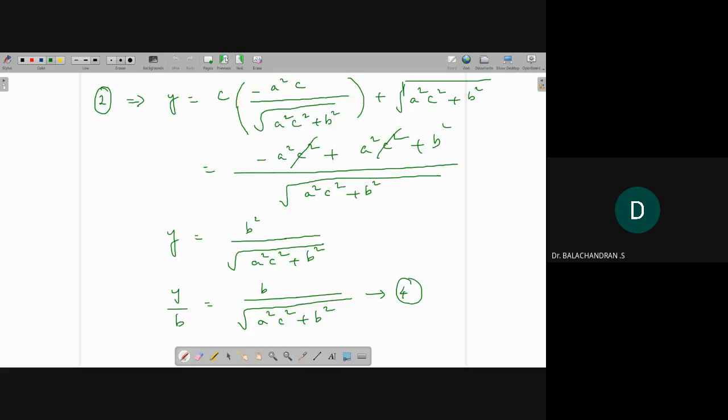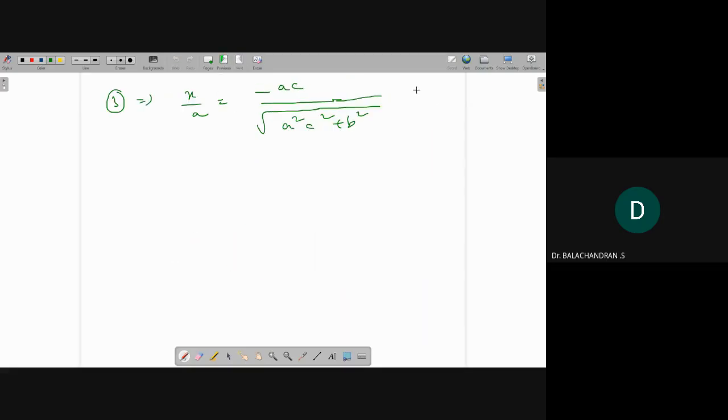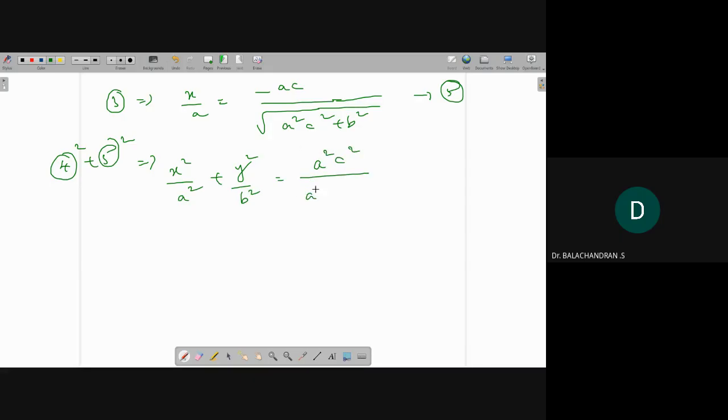I call this equation 5. So 4 square plus 5 square implies x square by a square plus y square by b square equal to a square c square divided by a square c square plus b square